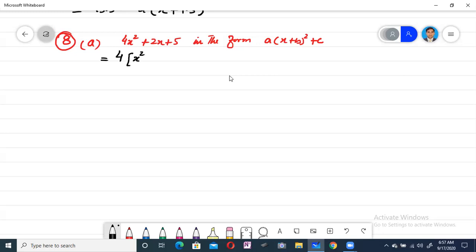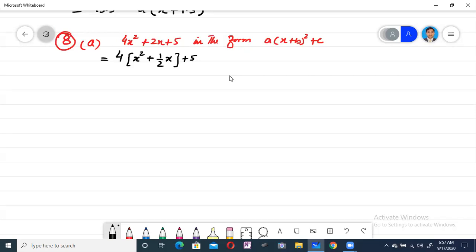Here will be x square plus 4 is common, then x square is available, but 4 we are taking common, then 2 is available and 2 is not here, meaning out of 4. Okay, then we have to divide with 2 also, plus 5 as it is.